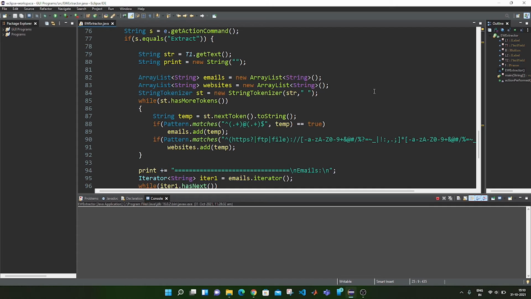Now the string tokenizer class is going to tokenize all the words present inside the paragraph and store it inside st, and here the delimiter is one empty space. So while st has more tokens, we are converting each of the tokens into the string data type, and we are matching